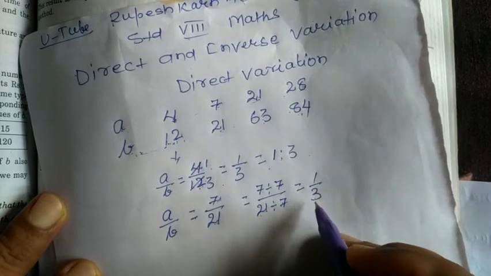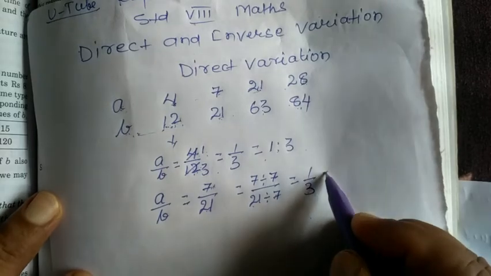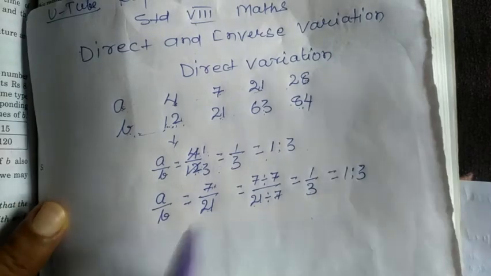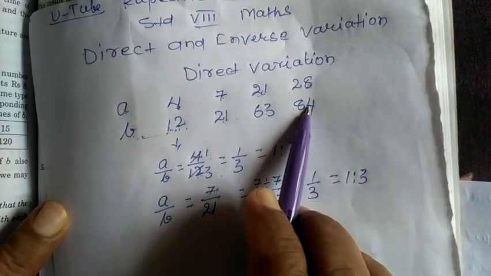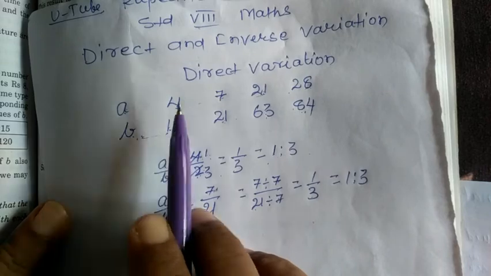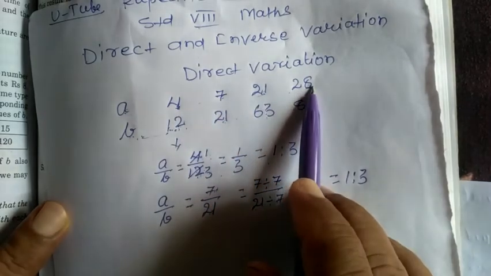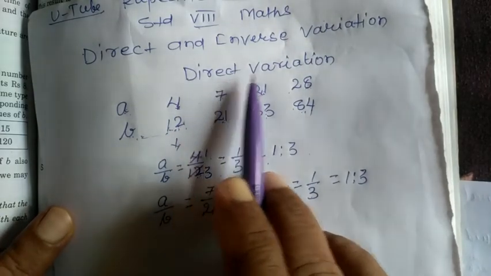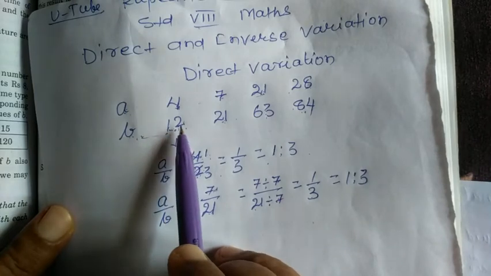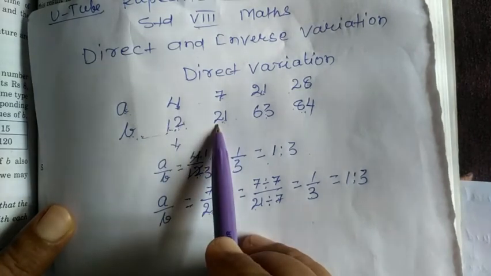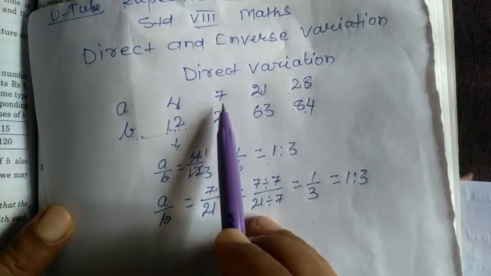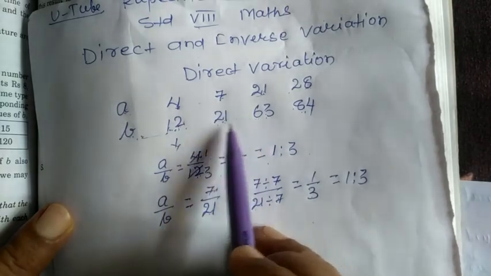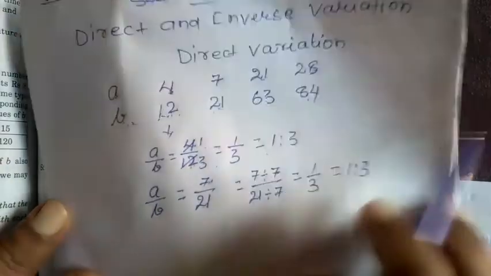7 3s are 21. Dear students, you already know about this. So here, what is the ratio of their values? It is 1 by 3. The ratio is always the same for the corresponding values of A and B, but there is an increase in the values. Whatever I taught you at present, according to the definition of direct variation, if the value of one increases, the value of the other also increases, or vice versa, then it is called a direct variation. Correct? Now see,